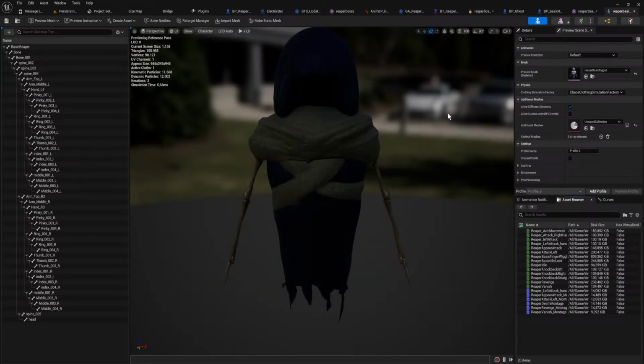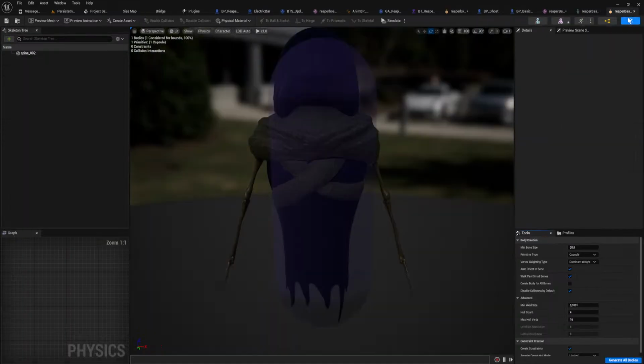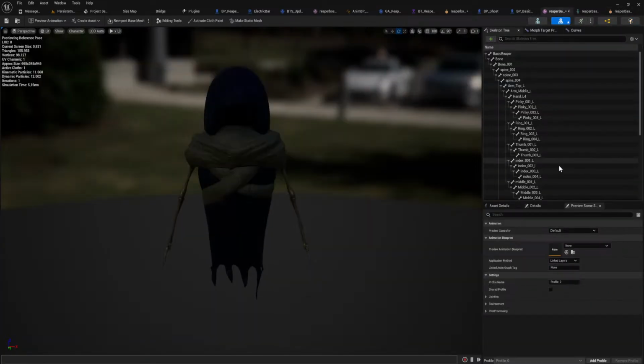Do you do it in the skeletal mesh? Is that it? I forget. Or do you do it inside of the physics? No, you don't do it inside of the physics asset.